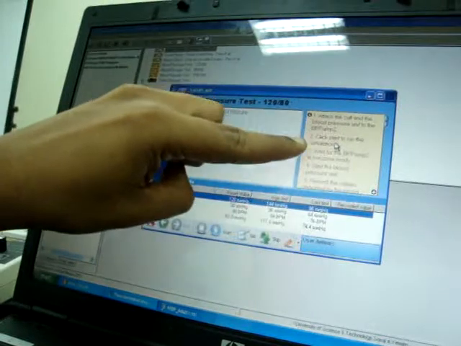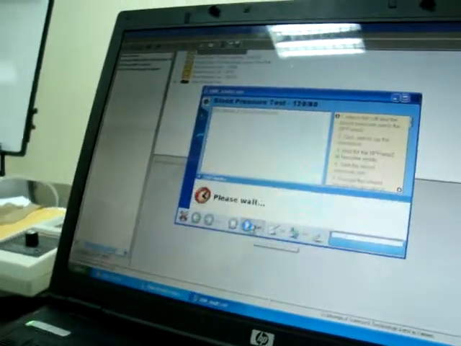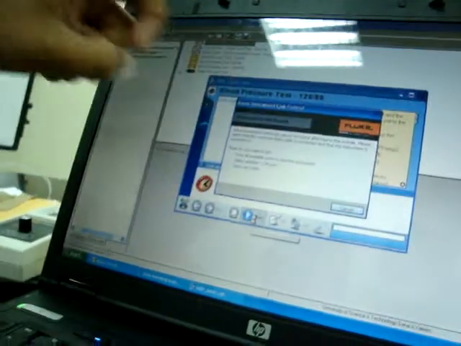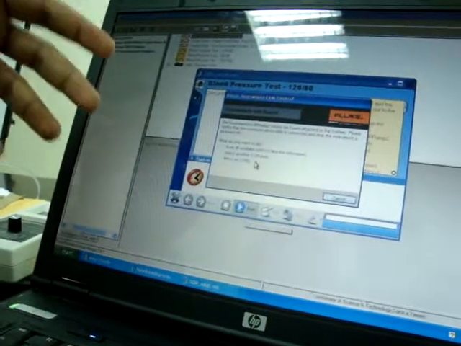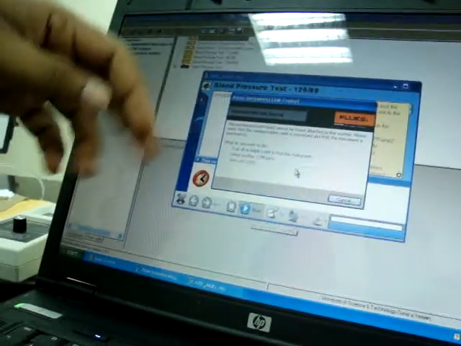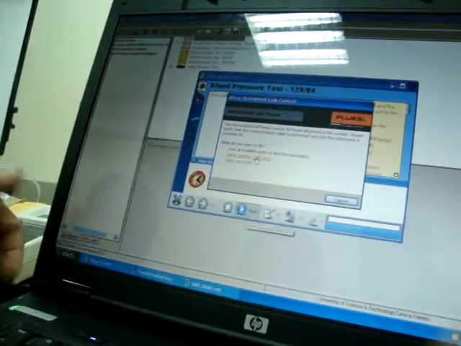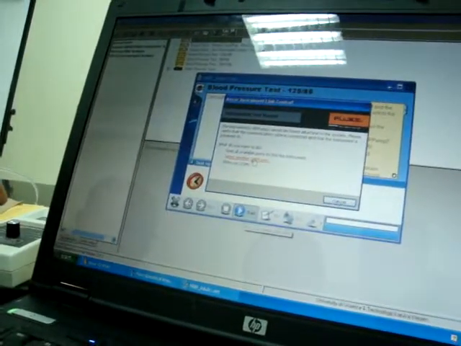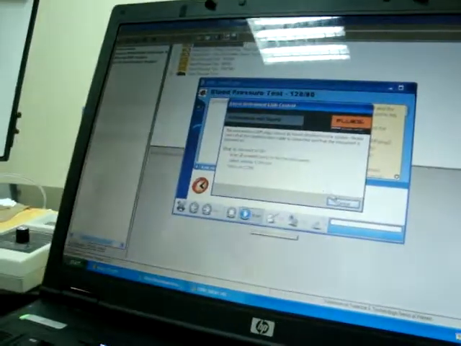Okay. Click start to run the simulation. If we attach and click start, see, this got highlighted. Here we have not connected any equipment. That's why it cannot detect the instrument.